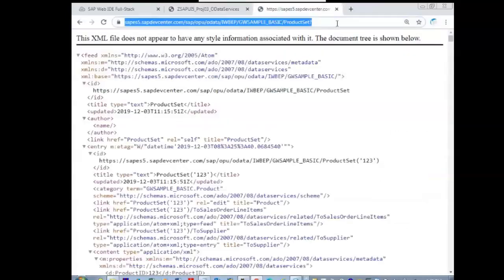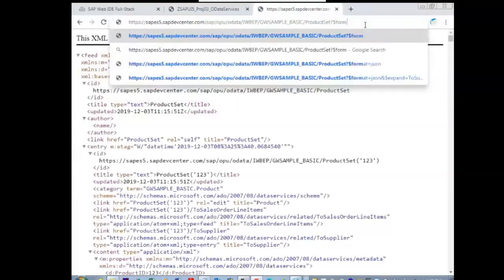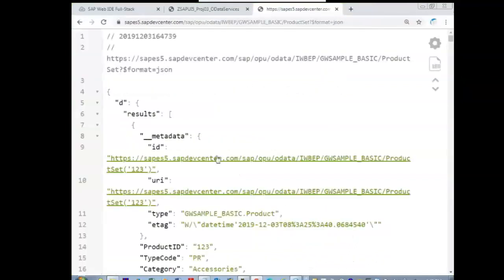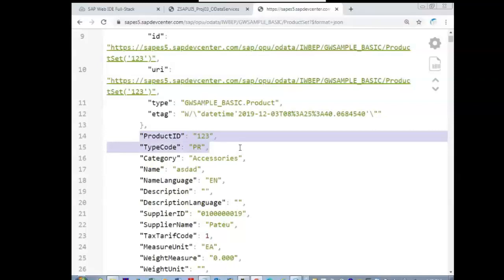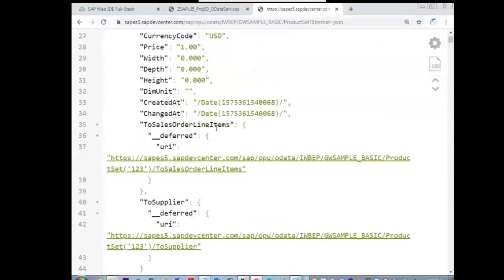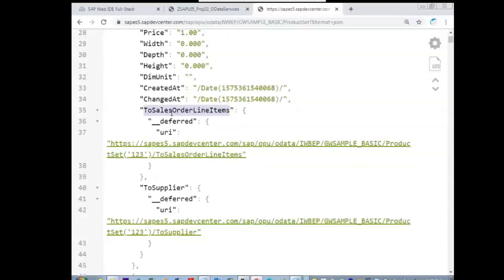the product set is there. In the product set, we have all the properties of the product set, along with the ToSalesOrderLineItems and ToSupplier as the referenced entity sets. How can I see the values or properties of ToSupplier? Using the expand query, in the OData services, I told you.